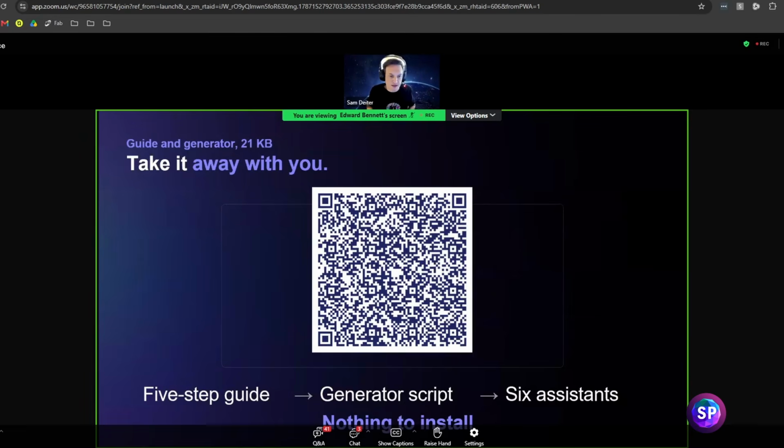So Ed, go ahead. Sorry, I totally forgot to share my screen. I've been talking you guys through slides, which I had not shared. I'm really sorry. This is the QR code. This should give you the guide that you can take away. I think I described it pretty well, so I don't think you've missed much from the rest of the slideshow. But sorry, that was my mistake there.